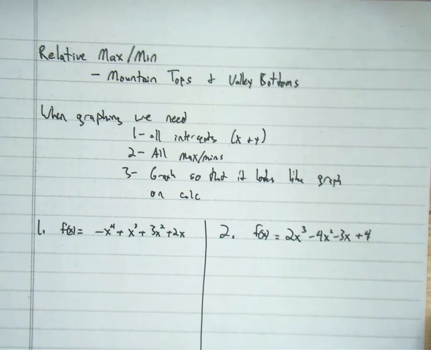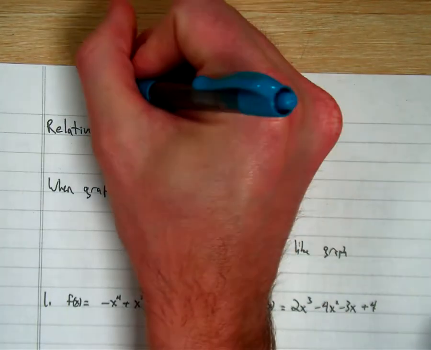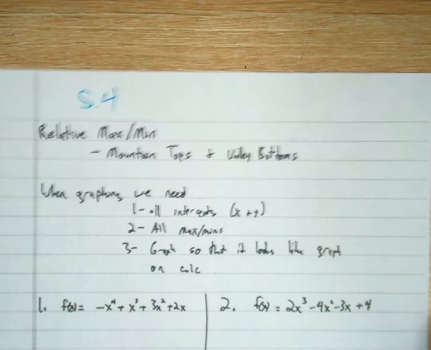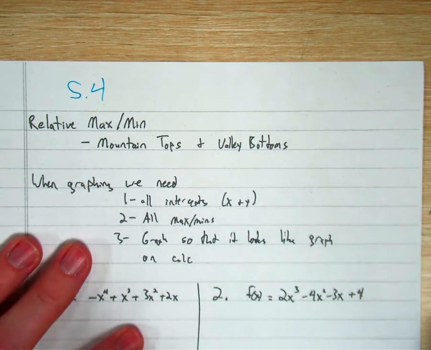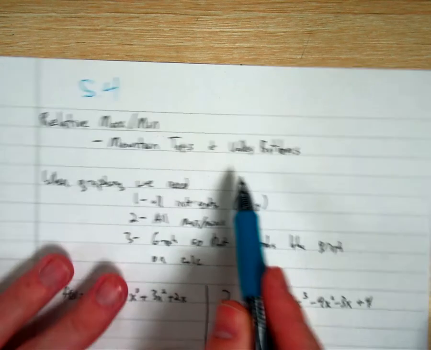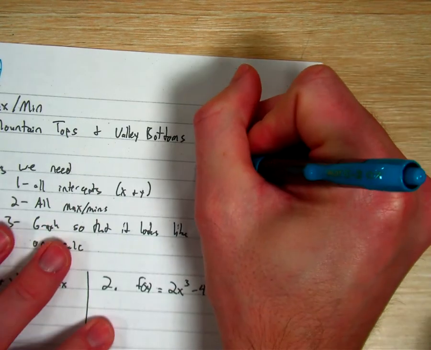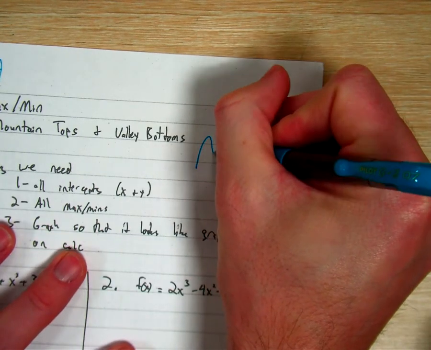Alright guys, here we are with section 5.4. We're talking about analyzing graphs today. The first kind of thing we're going to be talking about here is relative max and mins. These are going to be all of our mountain tops and valley bottoms. And they're called relative max and mins